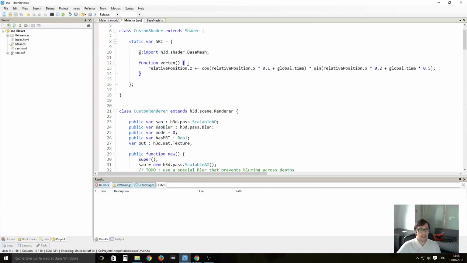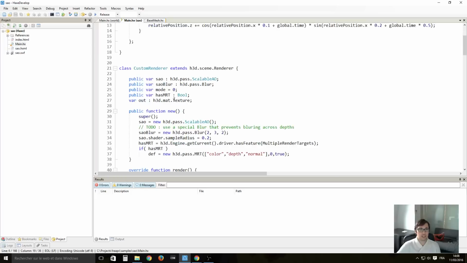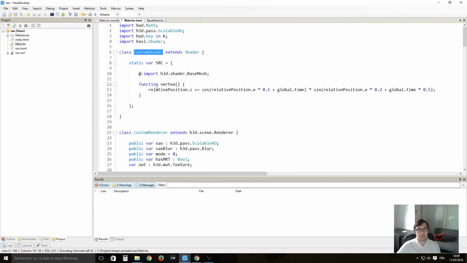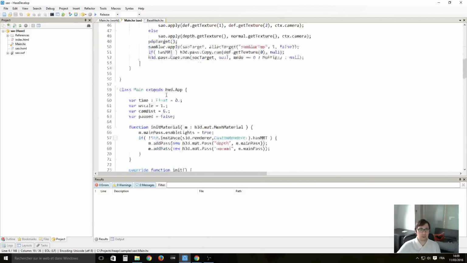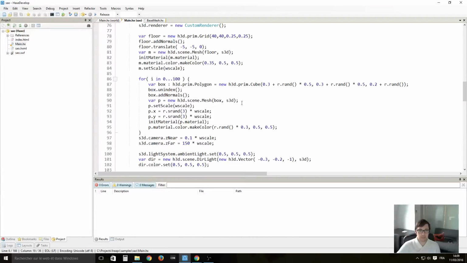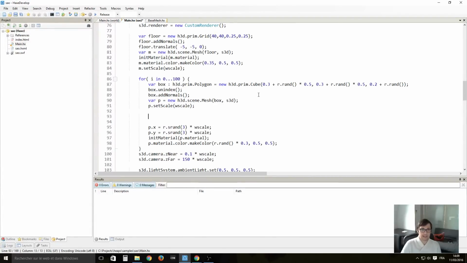Okay. So if I create this shader, this will get compiled by HXSL as a really very complete shader. But first I need to add it to my mesh. So here I create my mesh, and I will access its material. Material contains a lot of things about blend mode, everything, and I can access its main pass, which is the pass that controls the main rendering, and I can add a shader, say new custom shader. Okay,